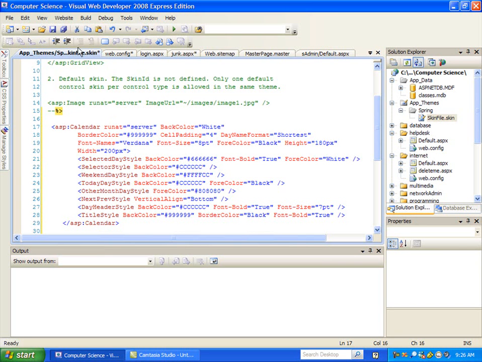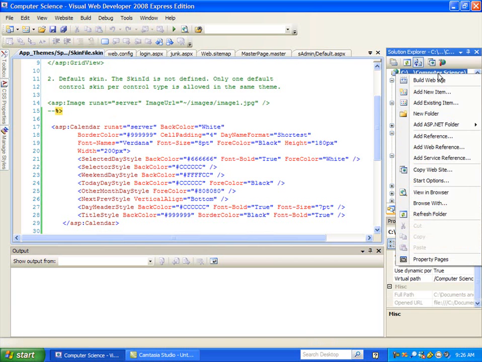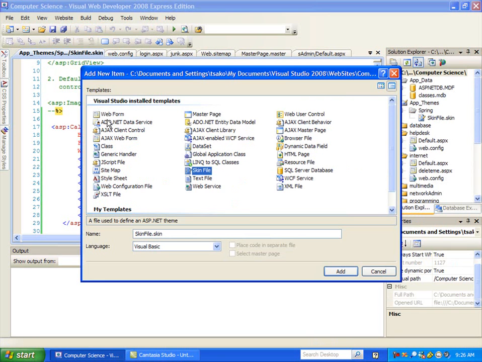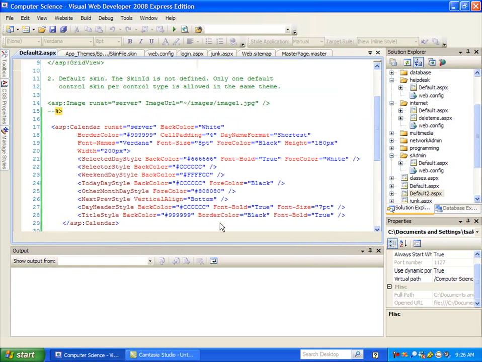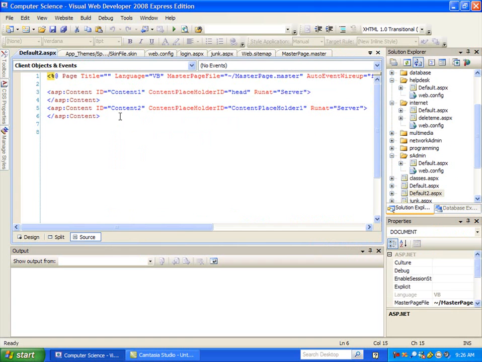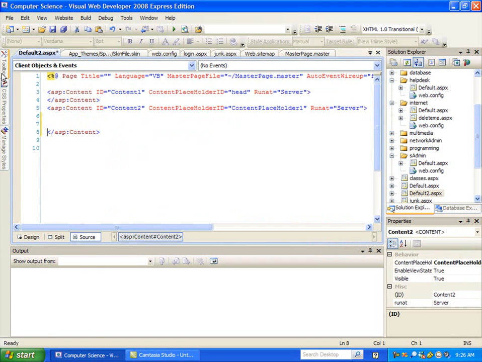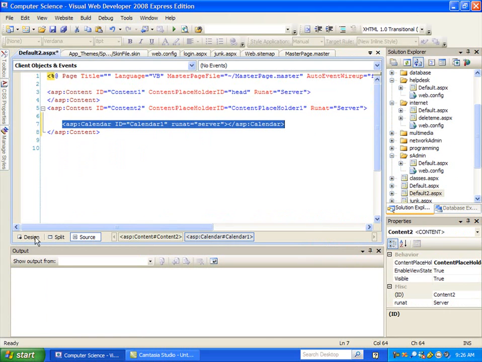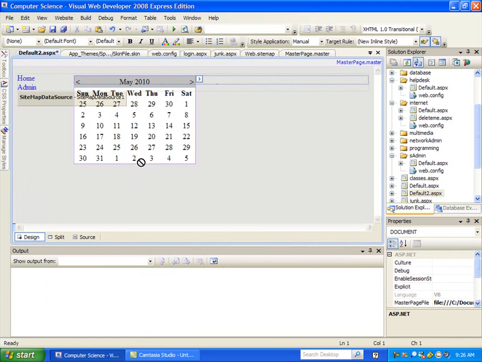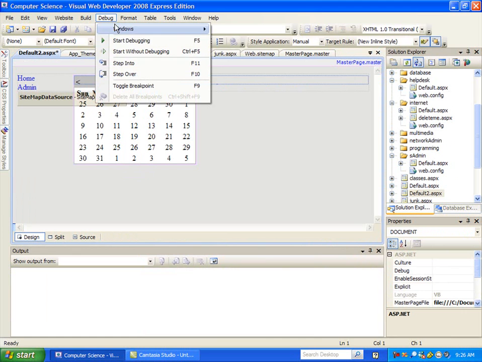So now, let me save everything here. I can make another page. Just add a web form here. And I'm just going to drop a calendar control on this page. So I put the calendar control on here. And if we look at this in design view, it looks like the vanilla calendar. But when I run this,